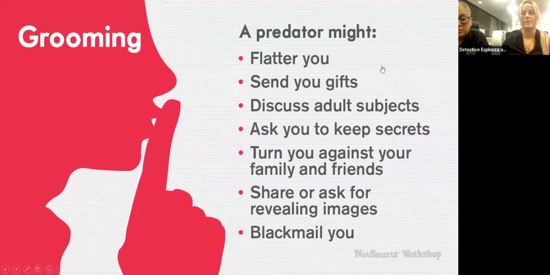When I talk to the parents about this after they watch the video, a lot of cases we work, or one very common case that we work, is called sextortion. That's where you have someone who's an online predator and they target kids or minors through apps such as Snapchat or Instagram. Those are the two most common ones. They try to befriend them, they groom them, and then eventually they'll start asking for pictures in their bathing suit, something revealing, and then eventually naked pictures